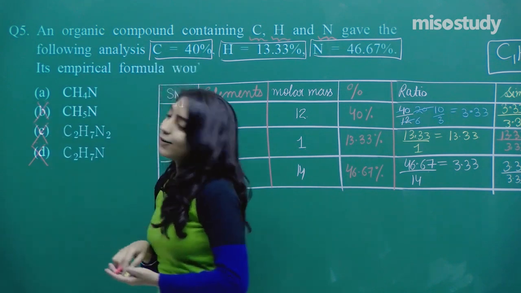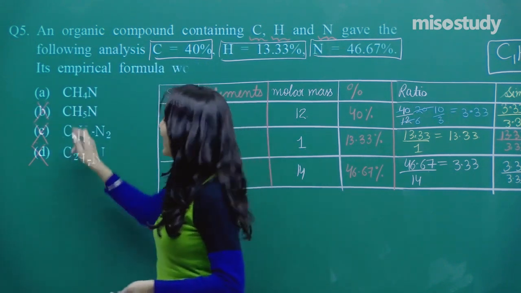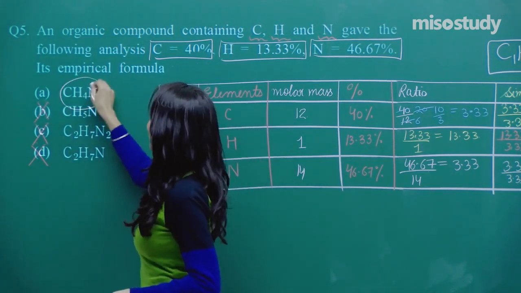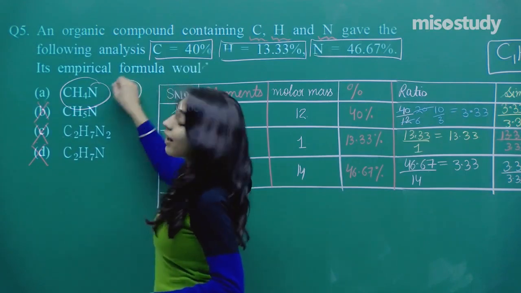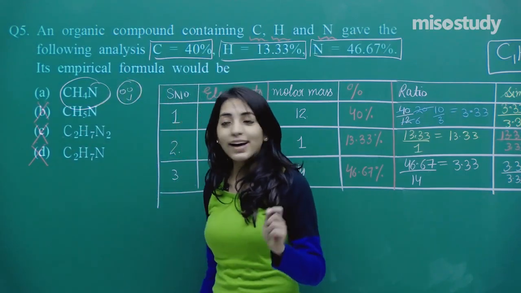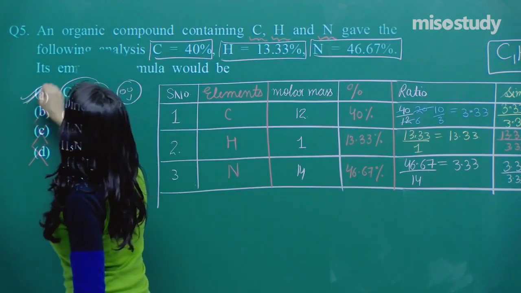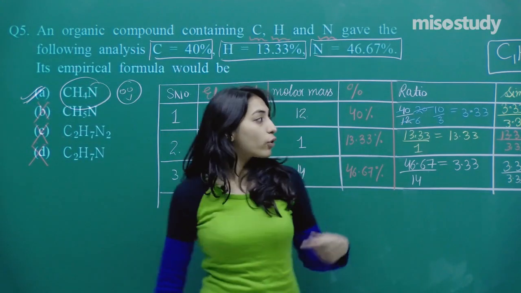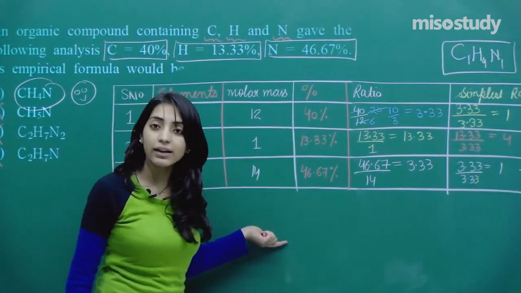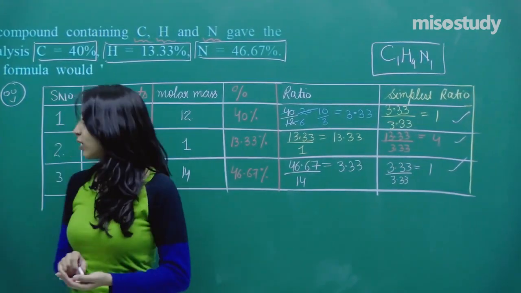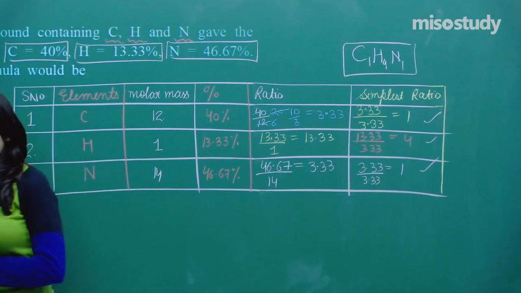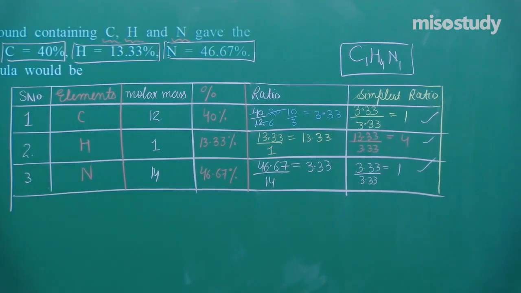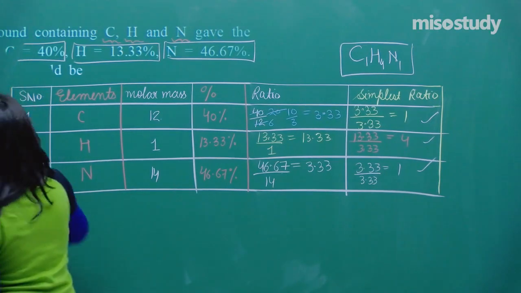C1H5, no. Oh my god, I got the very first option, right? Which is C1H4N. I love the questions where option number A is the correct option, right? So this is our correct option for question number 5. Okay? So guys, there is a question, there is the answer also. You can note it down so that we can continue further to the next question. Okay, this was an easy question, right?